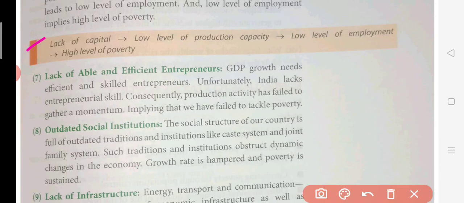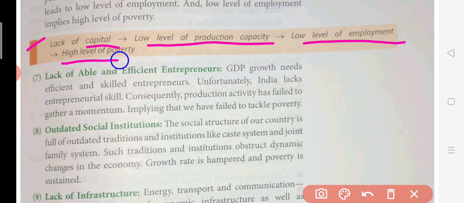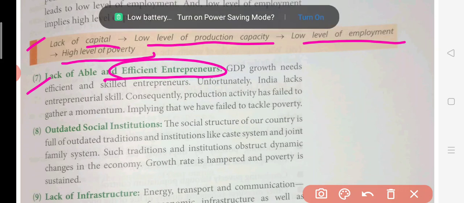ओके, क्योंकि यहाँ पे जो ये चीज़ है इसको देखिए, लैक ऑफ कैपिटल, पैसे की कमी है तो प्रोडक्शन कम कर पाएंगे, प्रोडक्शन कम तो एम्प्लॉयमेंट कम, और एम्प्लॉयमेंट कम तो पॉवर्टी आएगी, लाइक दिस। तो सेवंथ है लैक ऑफ एबल एंड एफिशिएंट एंटरप्रेन्योर्स, मतलब बड़े बड़े बिजनेसमैन who are ready to take the risk and set up a business, and they are the ones who can easily provide the job. But if the number of able and efficient entrepreneurs is very less in India, so the first reason is again this, कि अपने पास में अच्छे एंटरप्रेन्योर्स नहीं हैं, अच्छे बिजनेसमैन नहीं हैं, उनकी कमी है। That is another reason. अगर होते तो India would have generated a lot of employment। ओके, बट ऐसा नहीं है, तो यह एक और रीजन है।